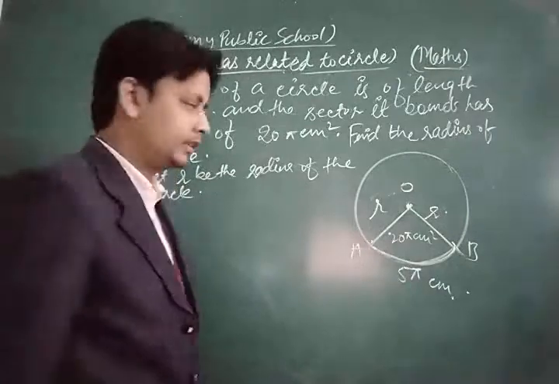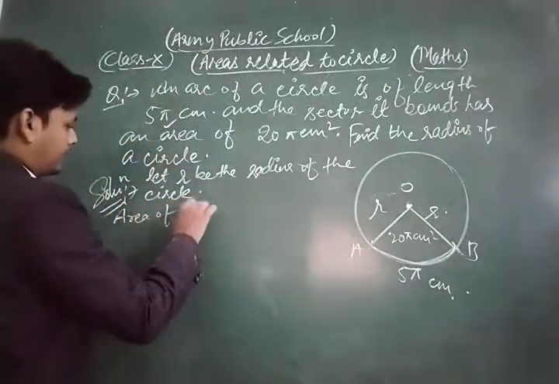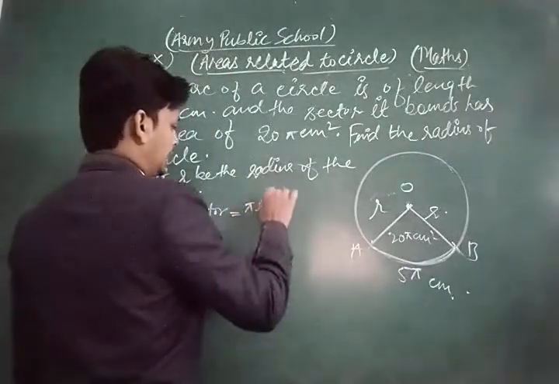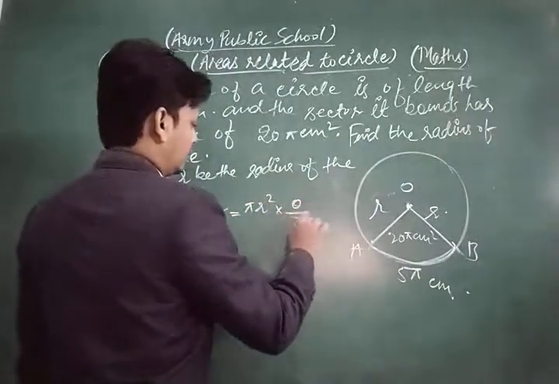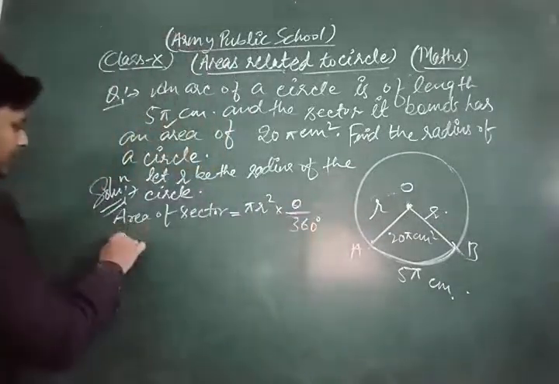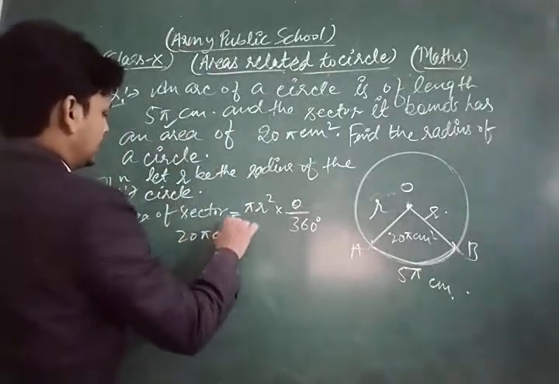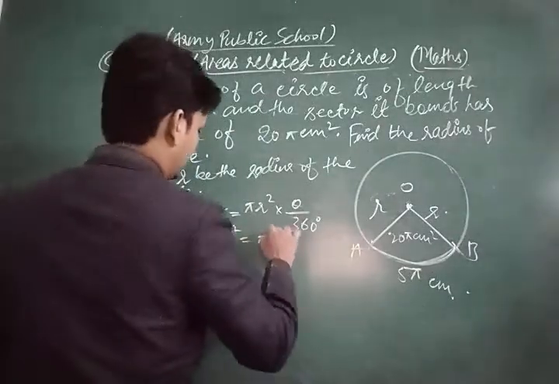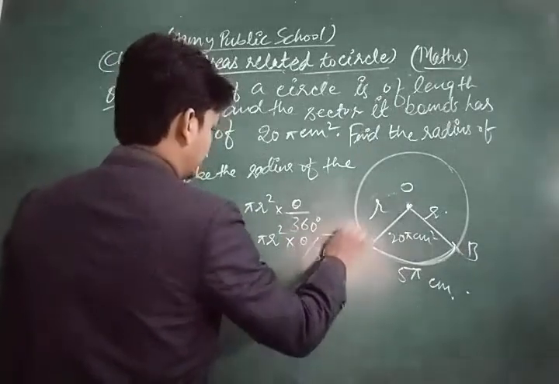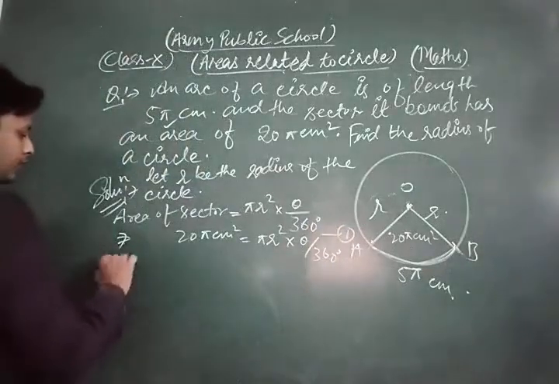Then the area of the sector is pi r square into theta upon 360. The area of the sector is given as 20 pi centimeter square, so 20 pi is equal to pi r square into theta upon 360. We take this as equation number 1. Okay, and the length of the arc